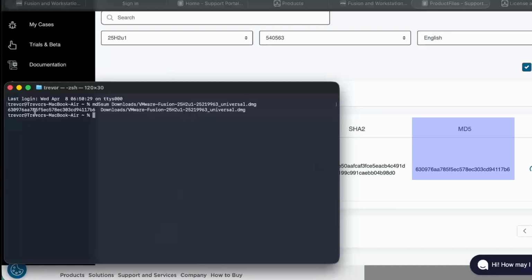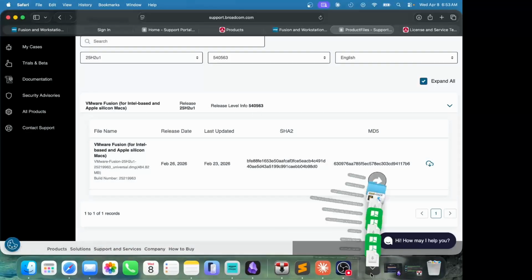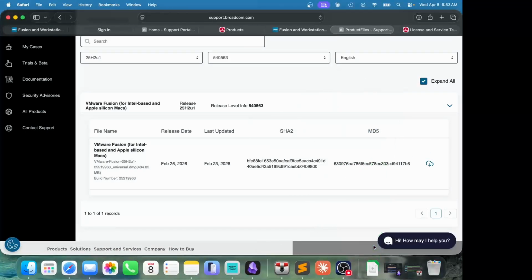Now because there are so many characters here, usually what I like to do is take the first 4 and the last 4. So I can see 6309, 6309, what is this, 17 Bravo 6, and so forth. So we have a complete file, so we're going to exit out of our terminal and go into downloads, click on that,